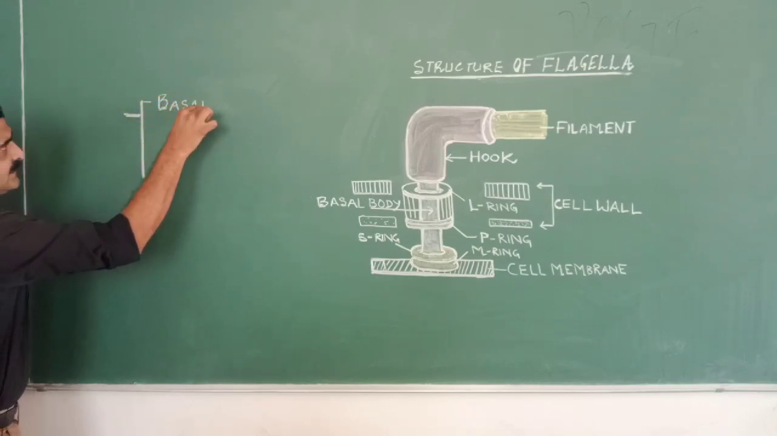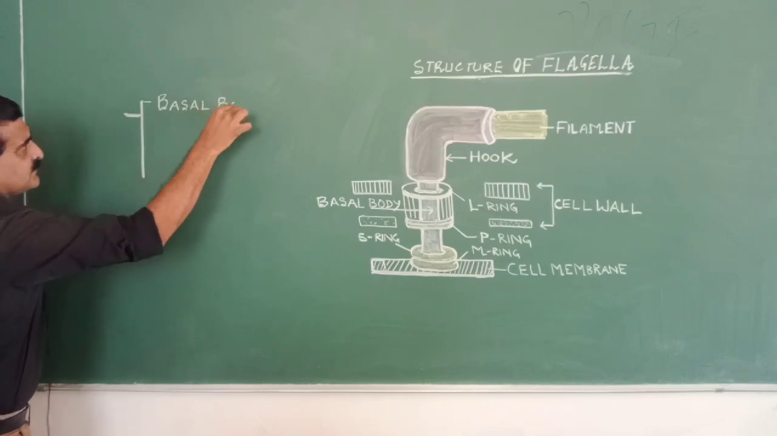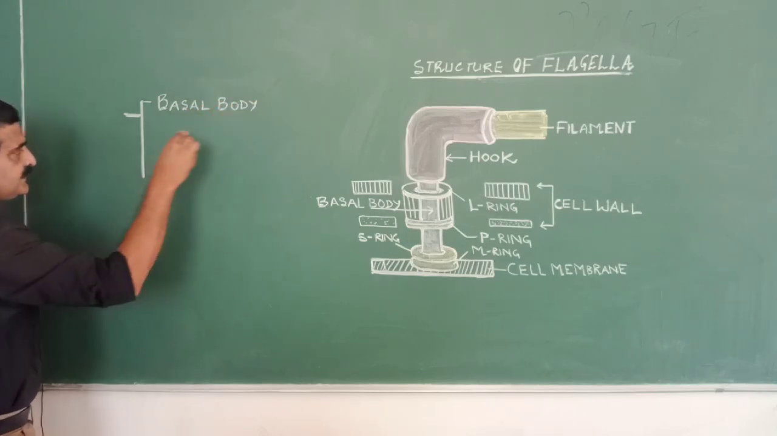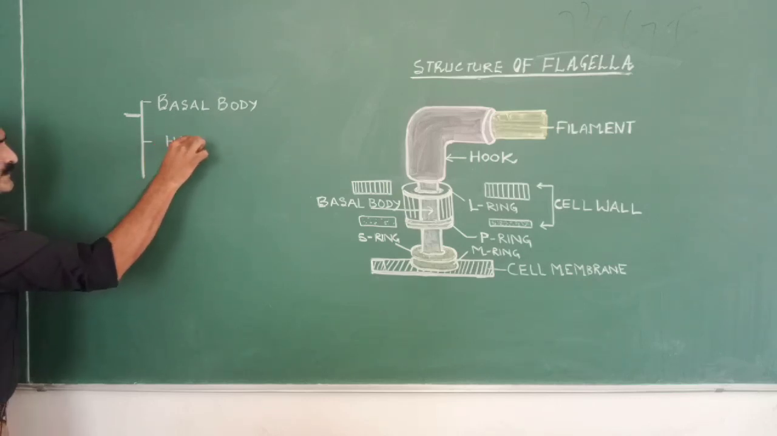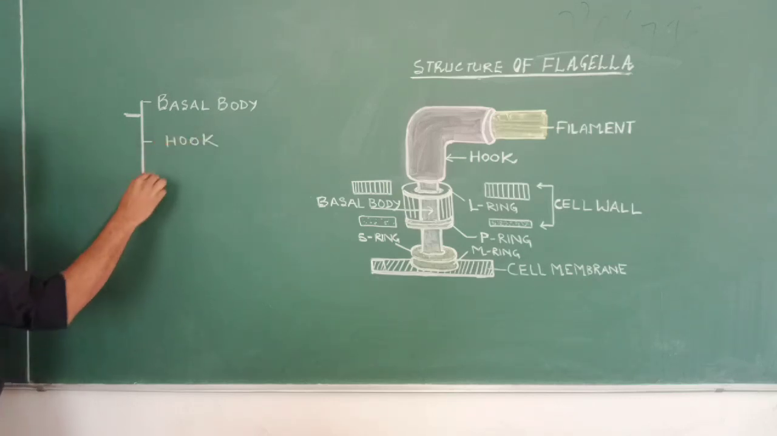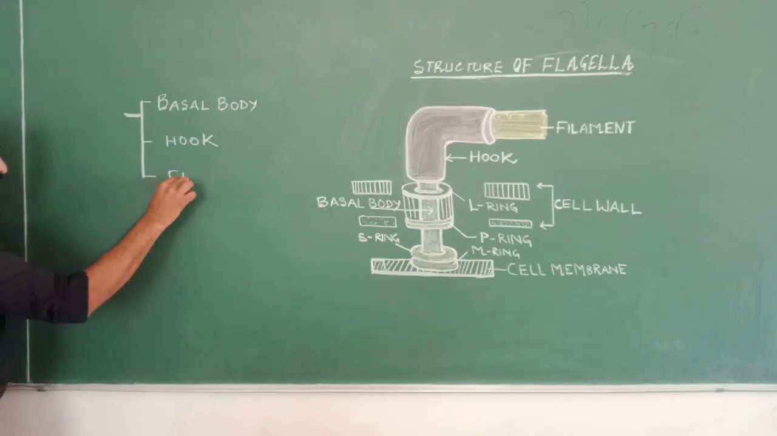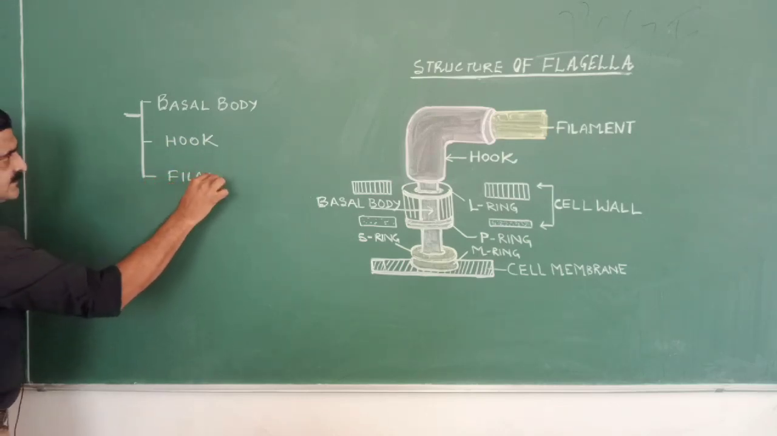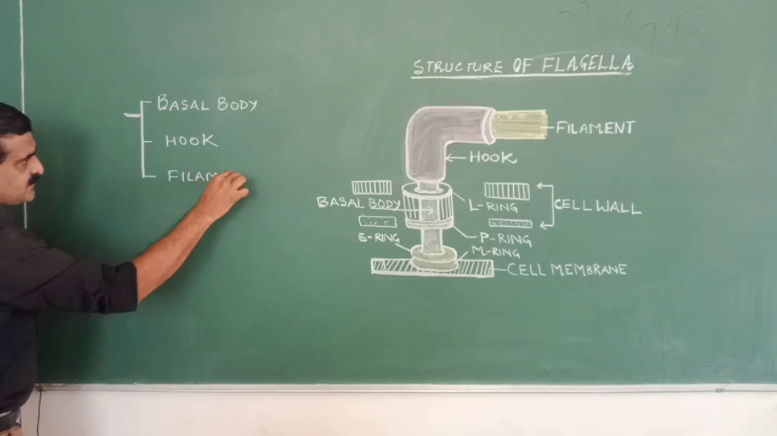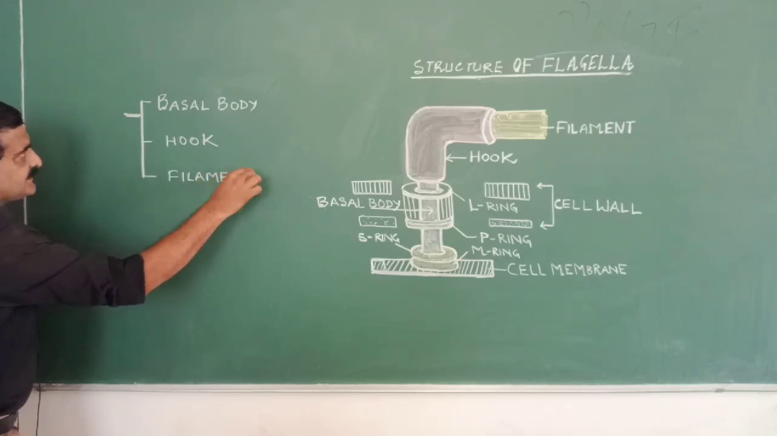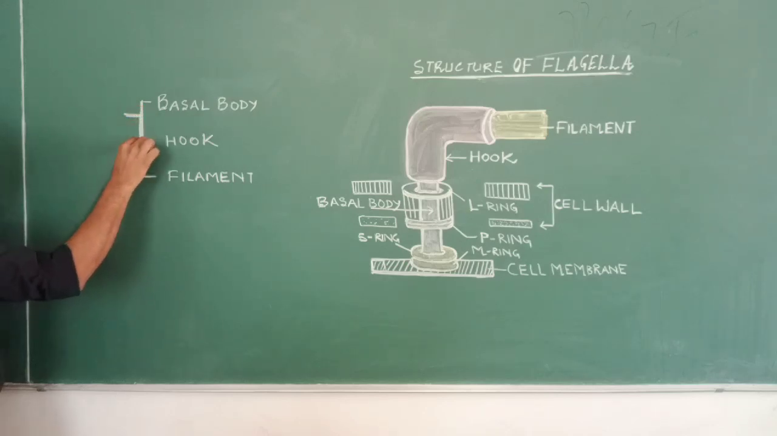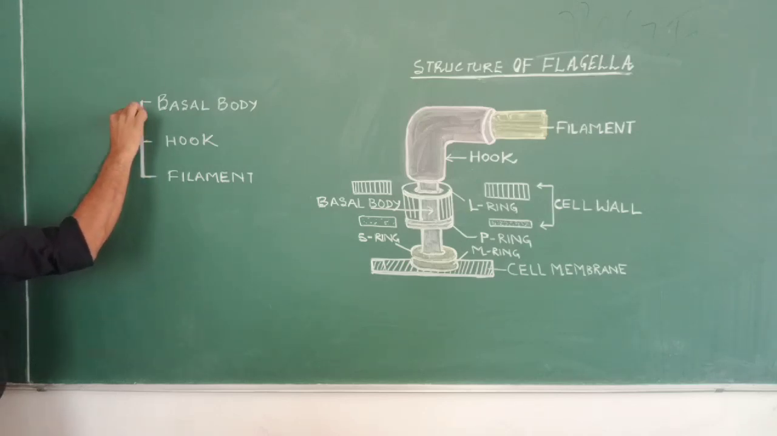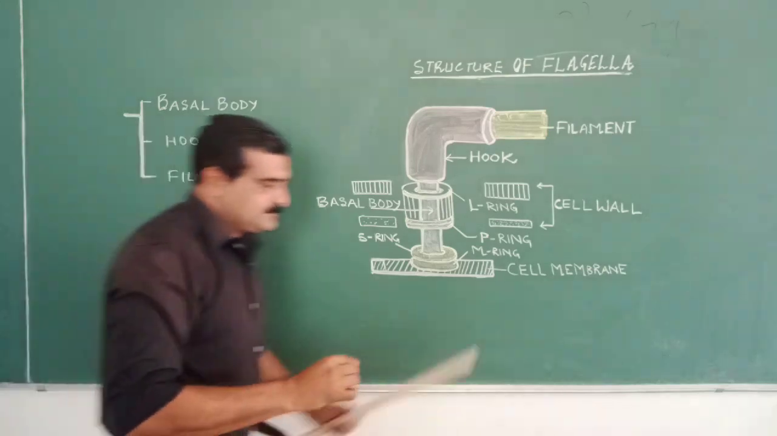This is the first part, basal body. Number two is hook. Now hook, and the third part is the filament. Okay, so the flagellum consists of three parts. Number one, basal body. Number two, hook, and number three is the filament. Now listen,